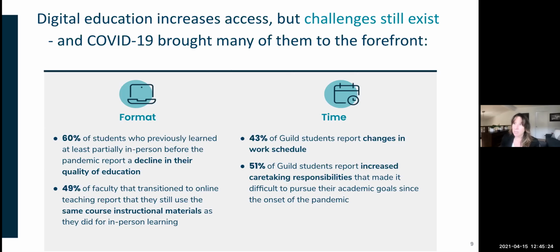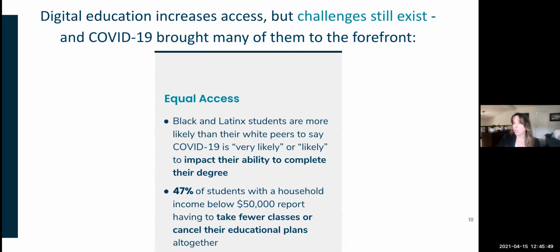The next set around timing probably won't be very surprising for those of us who work directly with students, but 43% of our students said they had a change in their work schedule. We're talking a lot of frontline workers in our case. And 51% of our students said, I have to take more responsibility to take care of others in my household. And so we know that the format of learning has been challenging, the time commitment to learning has been challenging,